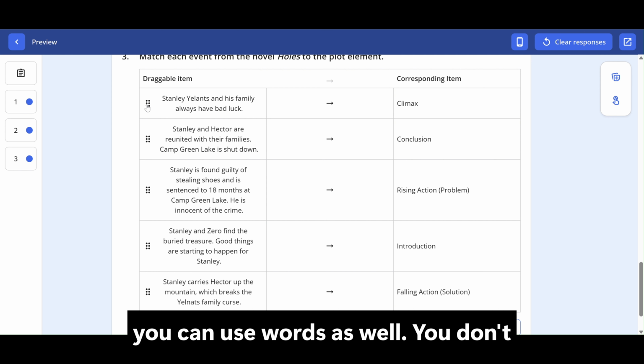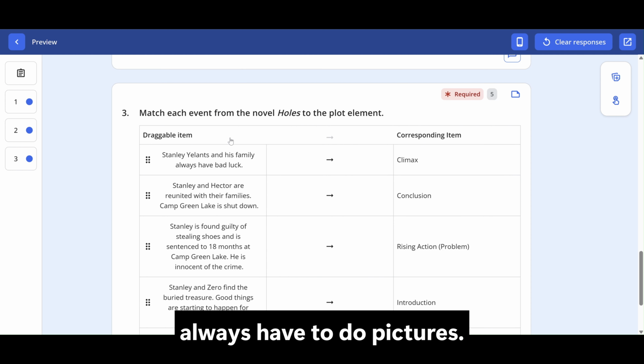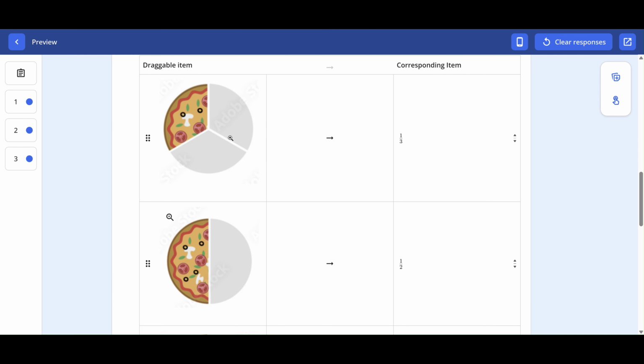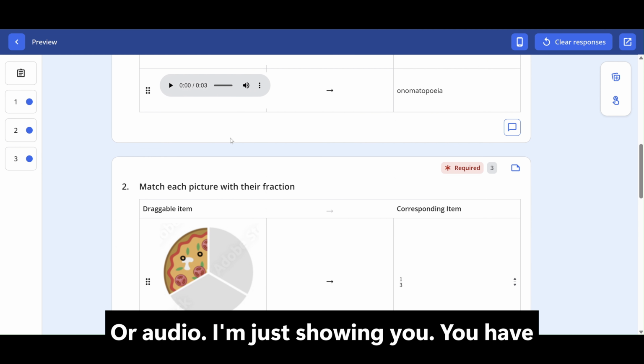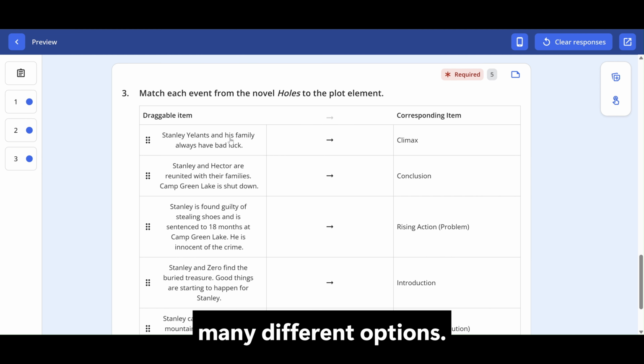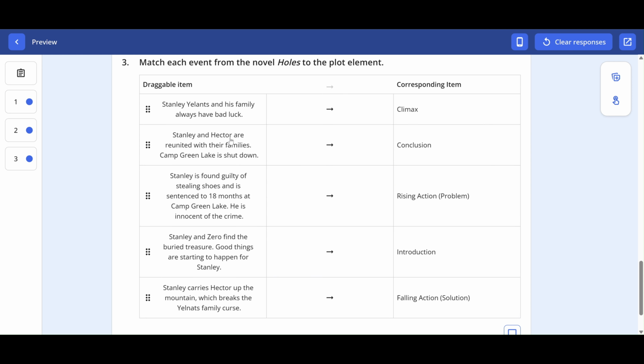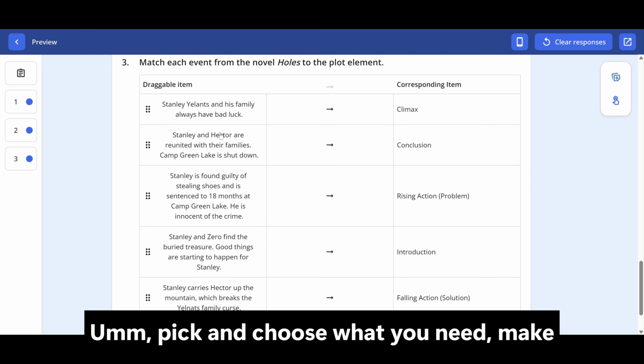And so you can use words as well. You don't always have to do pictures or audio. I'm just showing you have many different options. Pick and choose what you need, make it fit